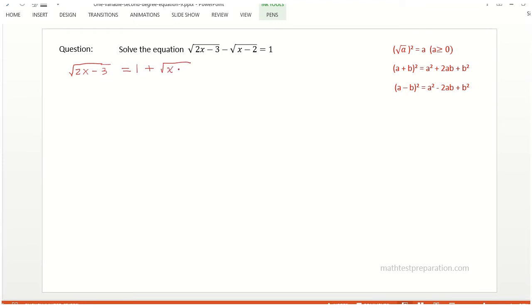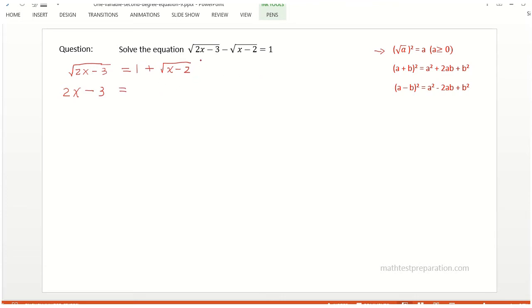Now we square both sides of the equation. Square left side of the equation, we apply this formula. Square of square root a equals to a, when a is a number which is larger than or equals to 0. So square left side of the equation, we have 2x subtract 3,